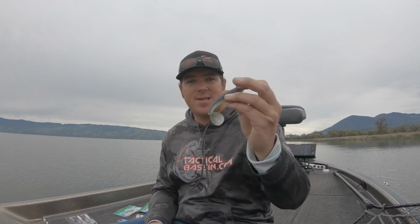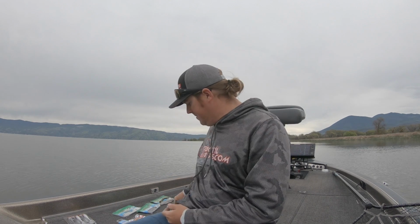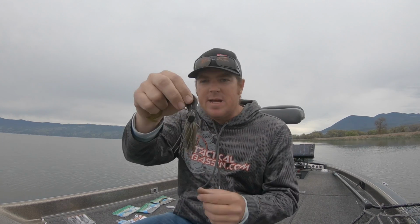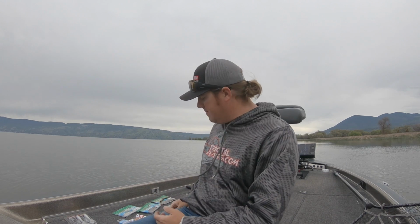Basically, you've got two options. You got a swim bait style trailer, you got a craw style trailer. Based on the color and what you're trying to imitate, you decide which way you should go. So if you're running green pumpkin or browns or craw colors, maybe you're better off with a craw imitator. The two craw imitators that I use, or that I would recommend, the first one is going to be the